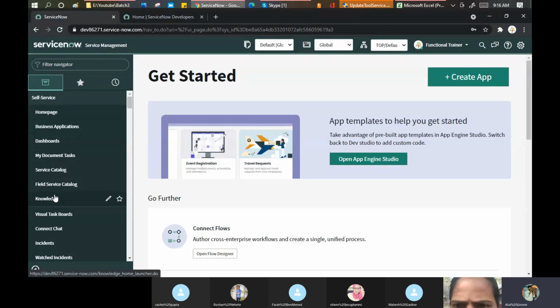a lot of operational work will be easy for you guys. When you start working on incident, change, problem kind of stuff, a lot of things will be easy for you. Okay, so this is a very basic one. On the top, it is a banner. On the left, it is an application navigator, and in the middle, it is called the content frame. Now let's take the example of the banner frame. You can see a lot of options here: ServiceNow, service management, some three boxes, some name written, a magnifying glass.